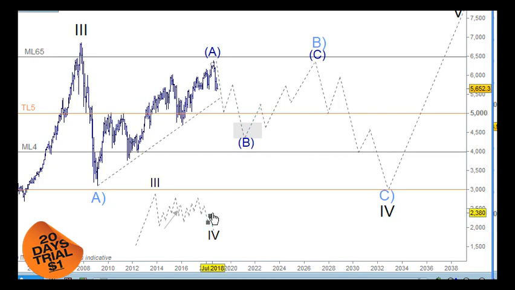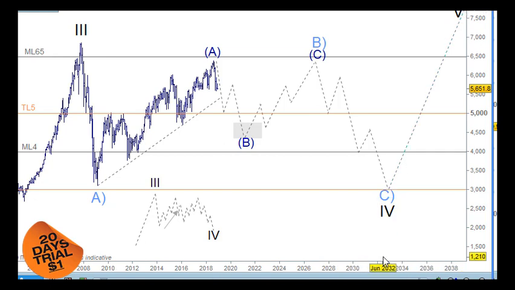But the other pattern here is a bit complicated. So we know 4th waves are complicated. So we've got wave 3 over here, and looking at this as an A wave here, an A wave here in 5 waves, a B wave here, and a C wave here for the B wave, and then down for the C wave of wave 4 here. It's a possibility. It's probably one of the best fits really, but I don't know how that fits in with the rest of the world. And then we go up for wave 5 here.